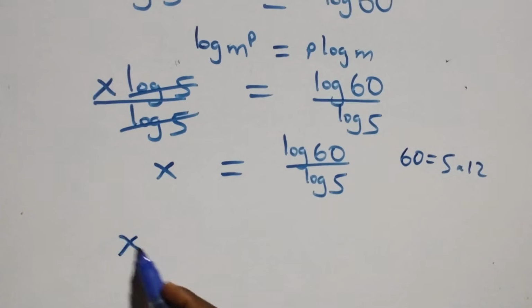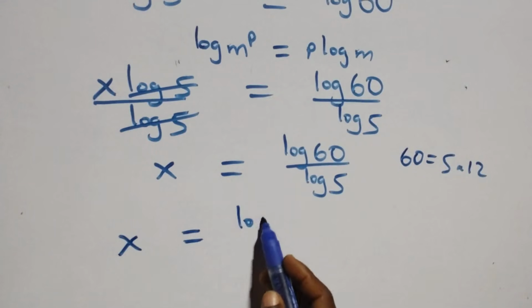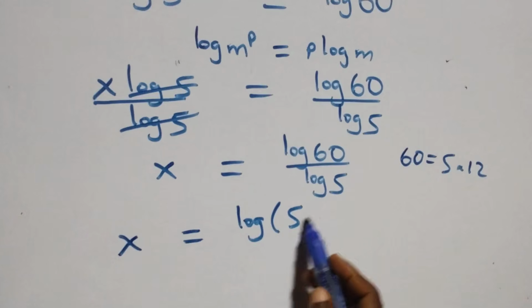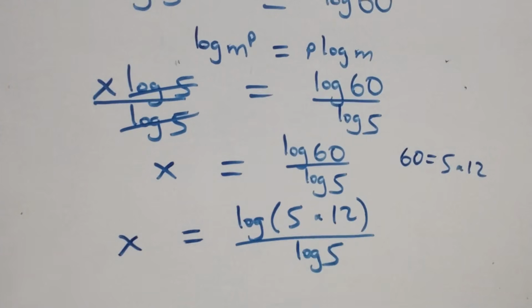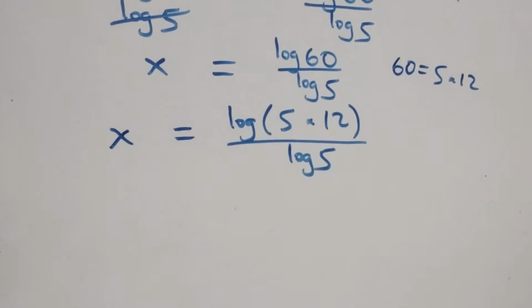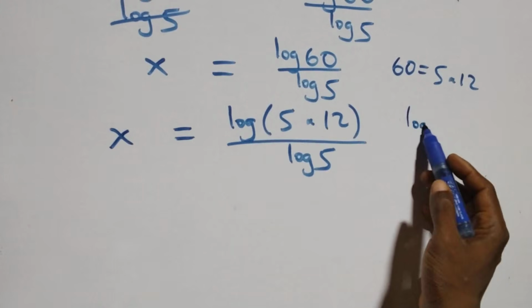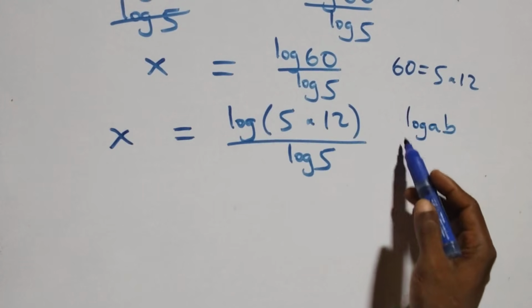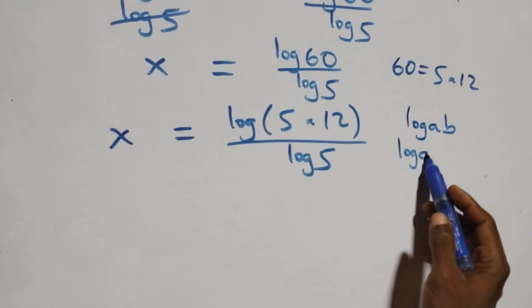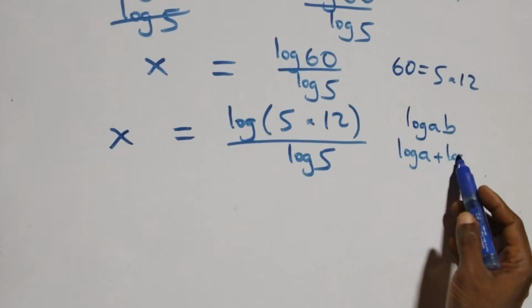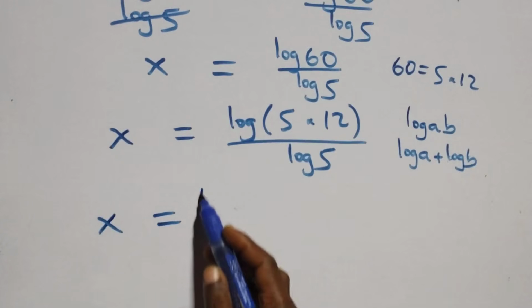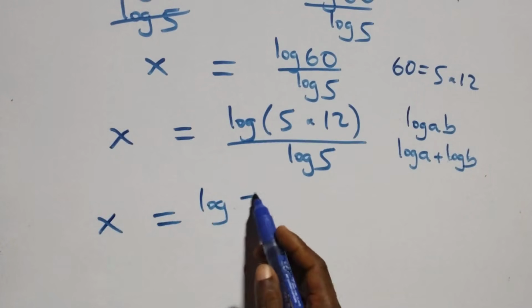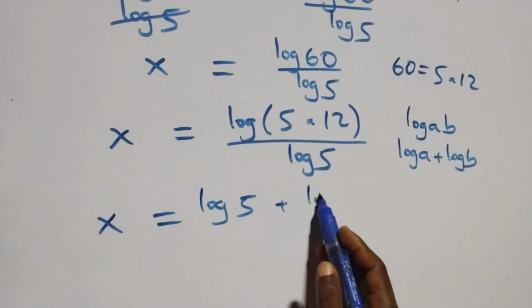And this becomes x equals log 5 times 12 over log 5. Then this follows the law of logarithm. When we have log a times b, we can write this as log a plus log b. Thus we have x equals log 5 plus log 12